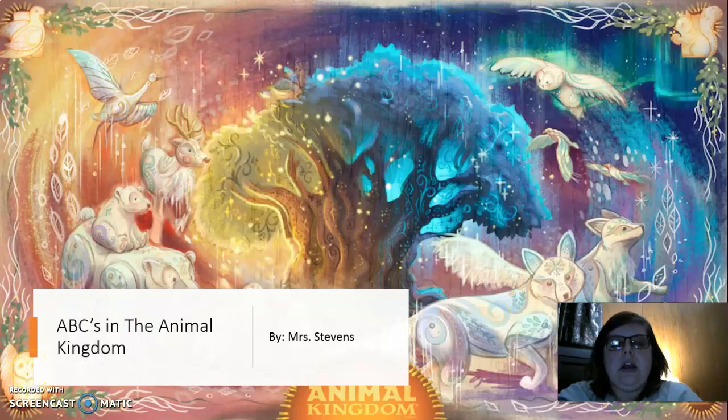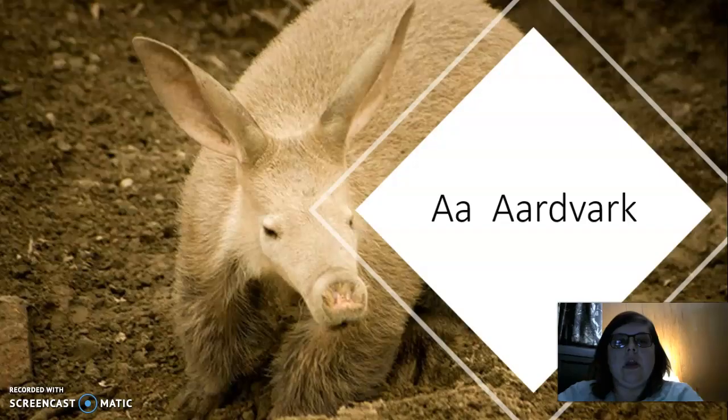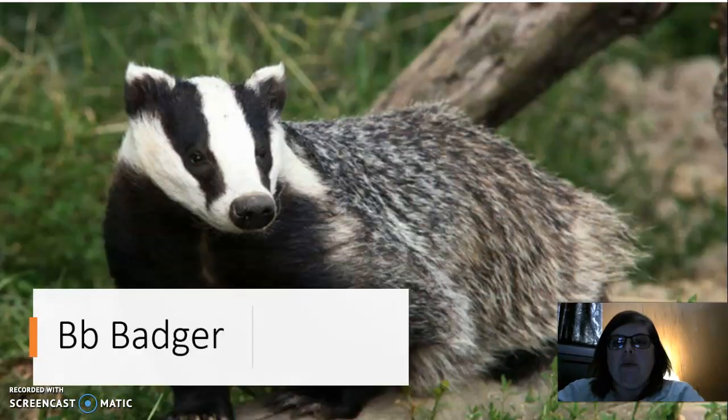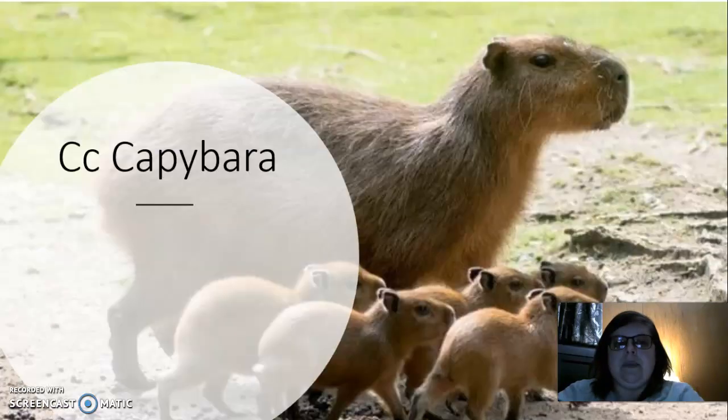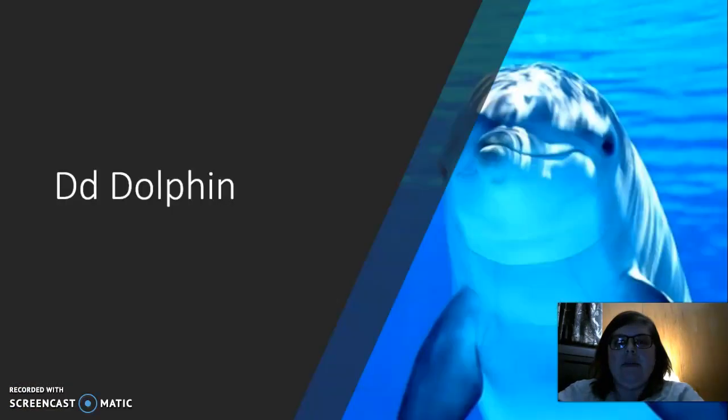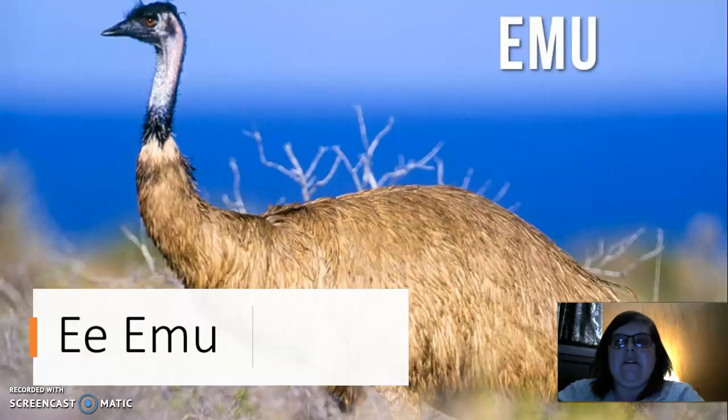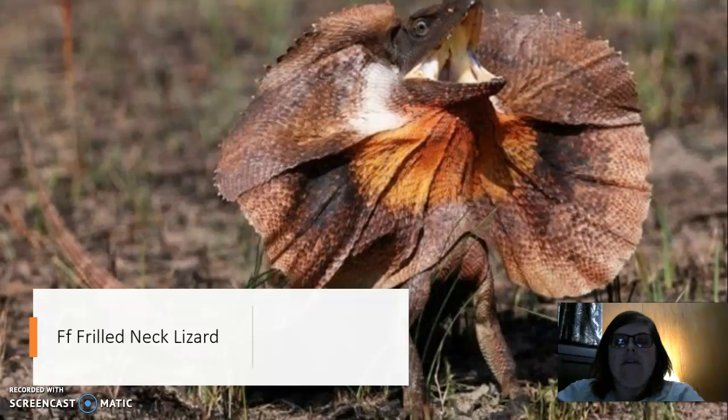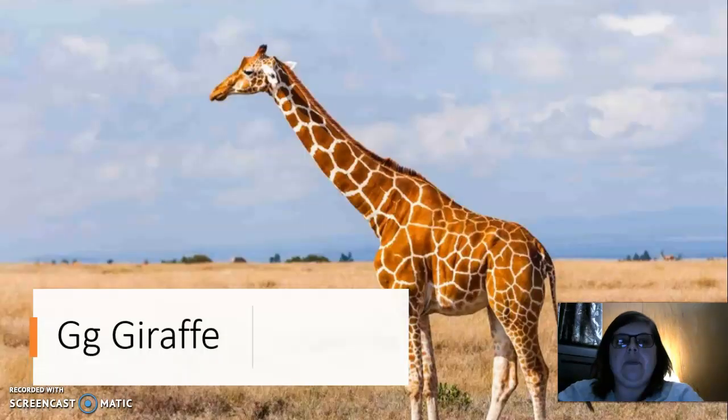Hello everyone. Today we are going to be working on our ABCs, and we are going to do ABCs in the animal kingdom. So we will learn different animals that start with the different letters of the alphabet. First we're going to start out with A for aardvark, B for badger, C for capybara, D for dolphin, E for emu, F for frilled neck lizard, G